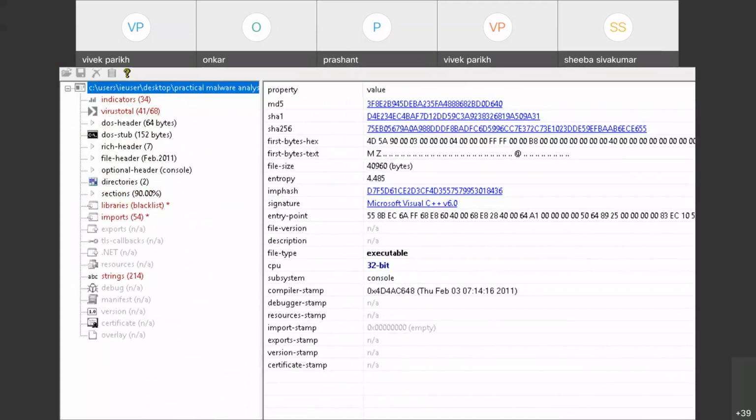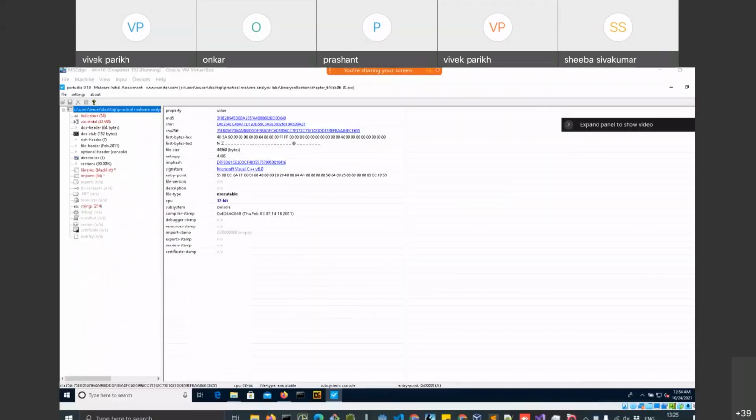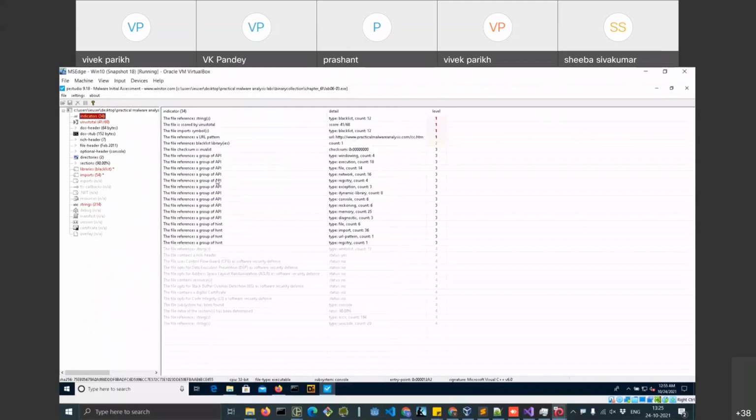Then it's showing you various headers of that file. It's showing you libraries, imports, and there are several strings as well. Under indicators, you can see that the file is scored by VirusTotal. The score is 41 out of 68, which is quite a negative score, so this file is probably malware.